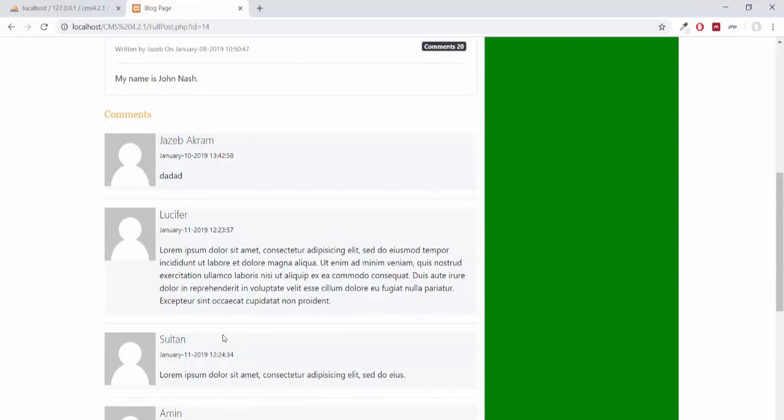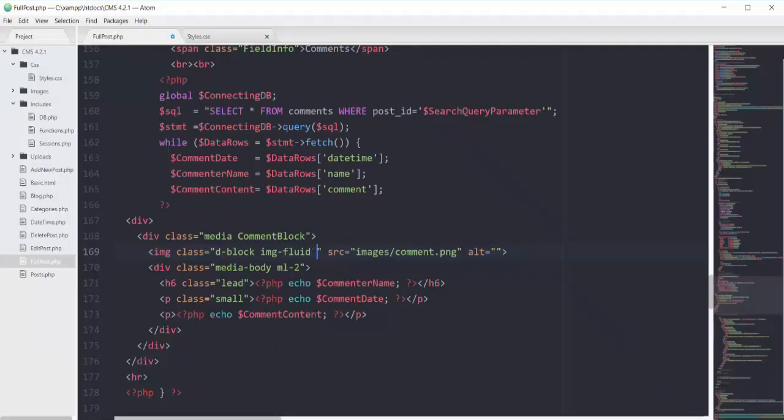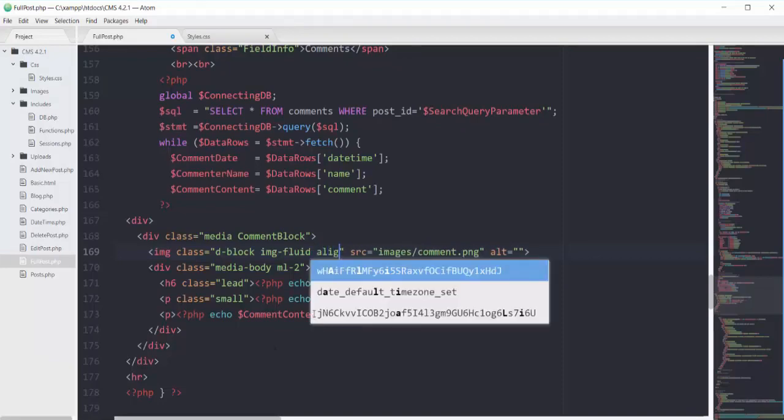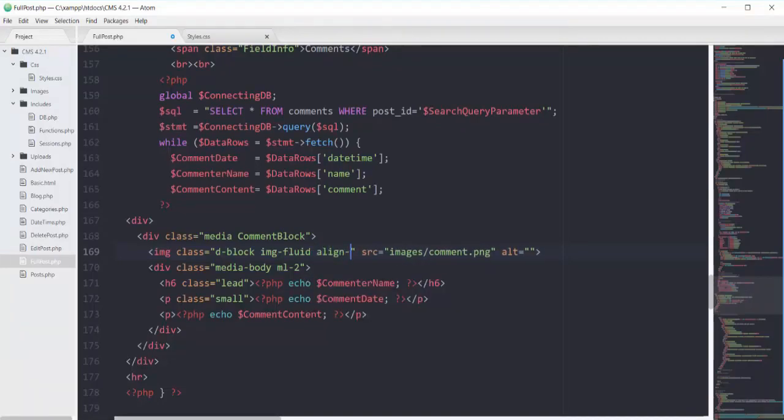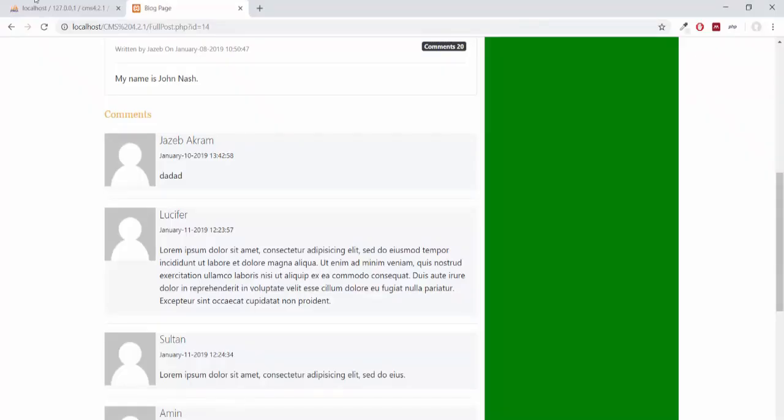You can also make this image show at the end, at the start, or in the middle by applying a bootstrap class. For example, you can apply the bootstrap class of align-self-end. If I save this one, now you can see that our image is showing at the end of this whole div.